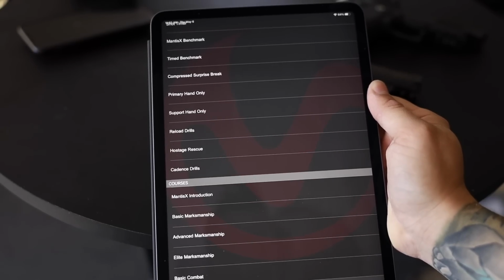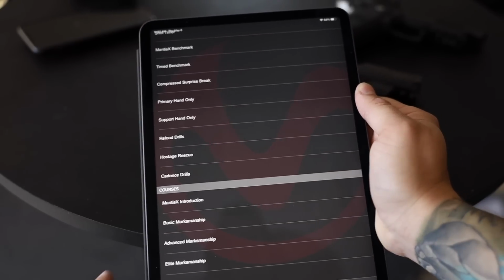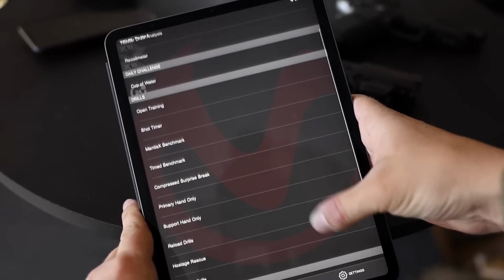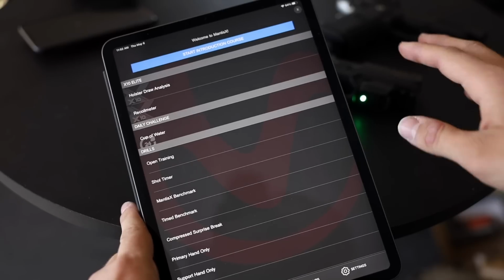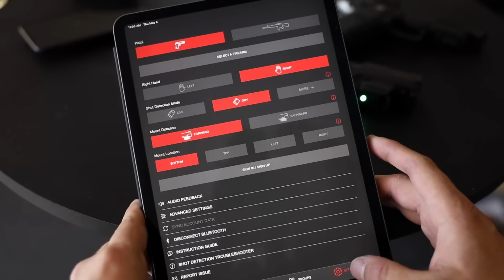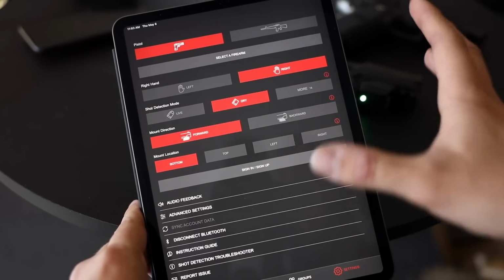Even the top tier shooters, you're going to be able to use a product like this and sort of analyze what you are doing, whether you're getting a 100% score on all of these tests or not. This device will give you real-time feedback of how you are manipulating your firearm. Now, if we dive into the settings here, this is where you can actually pick how you are using this